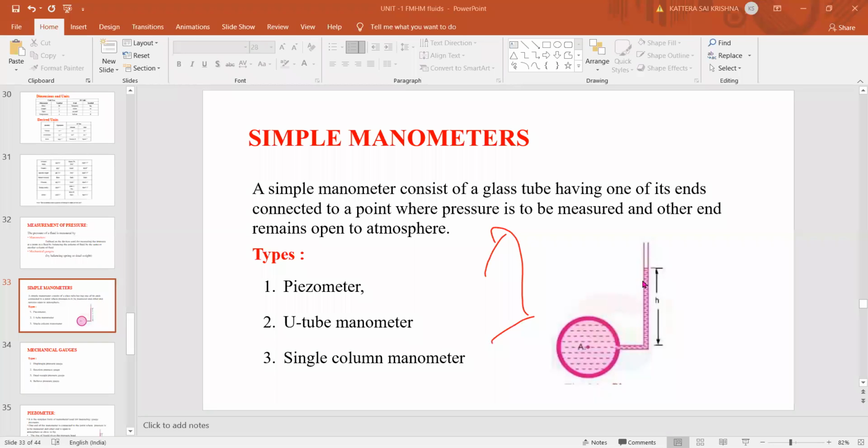Okay. So here, this is the height of the fluid. When we connect this L-shaped tube to this pipe, the water flows into this tube. So how much H is there? By using this H, we are going to find the pressure. So we are going to use the formula. We have already seen it in the last classes, that is P equals rho GH.